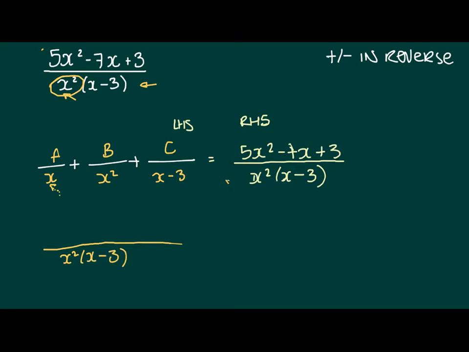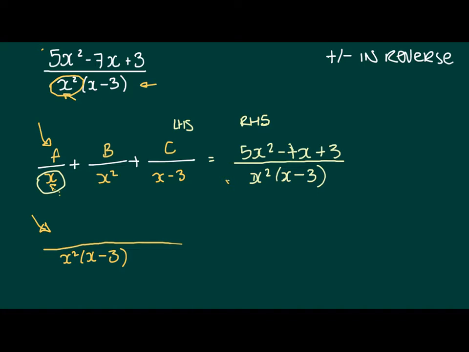So that feels a little bit counterintuitive, because the whole point of partial fractions is to split it up into this form. And now all of a sudden we're going back into the original kind of adding up fractions type of thing. But we need to do this in order to be able to create an expression for a, b, and c. So in order to get the denominator of this first fraction to be x squared (x minus 3),